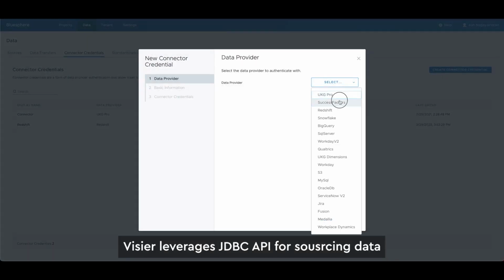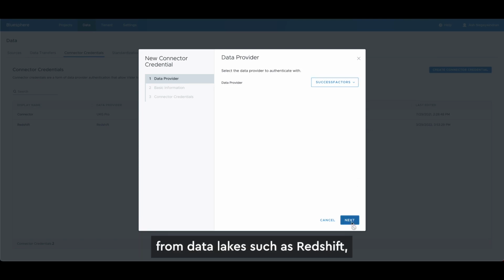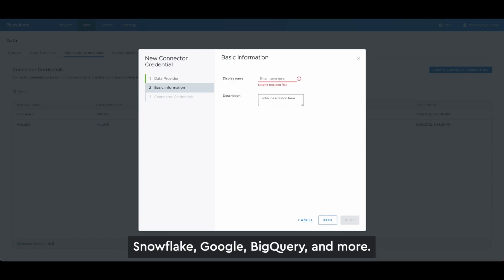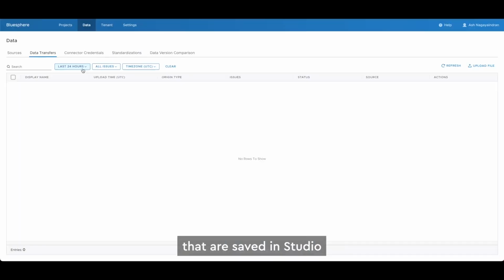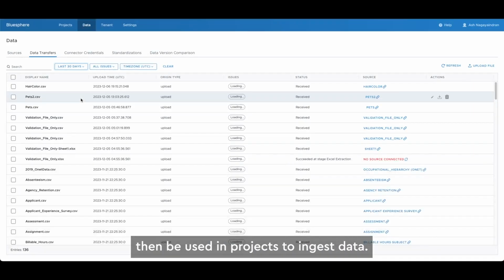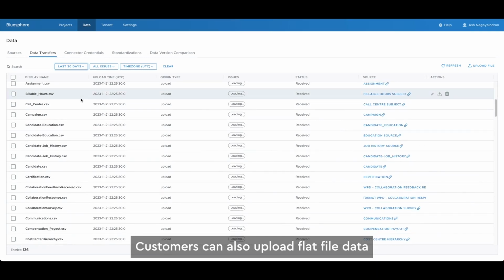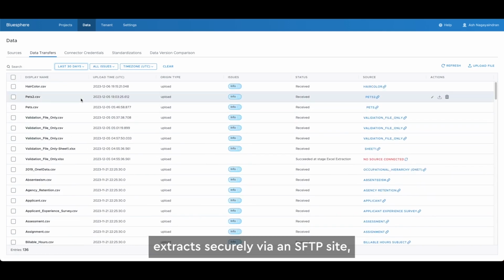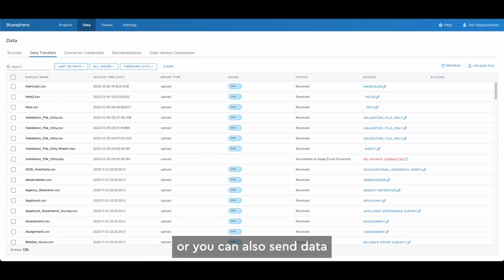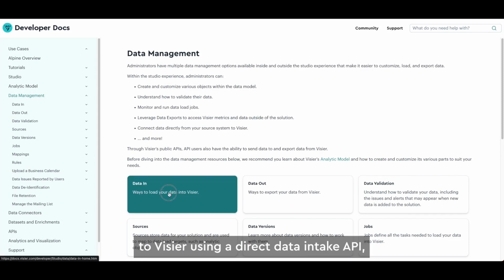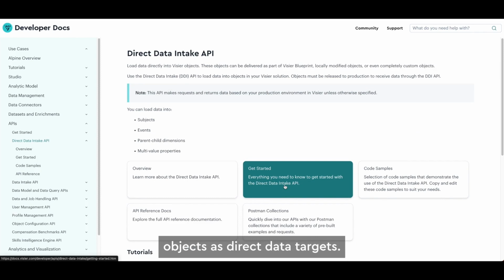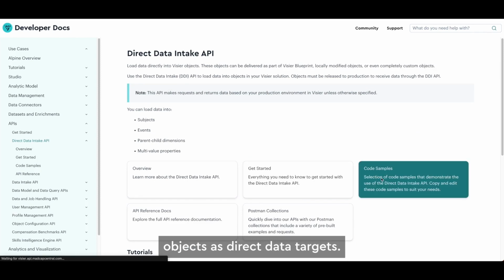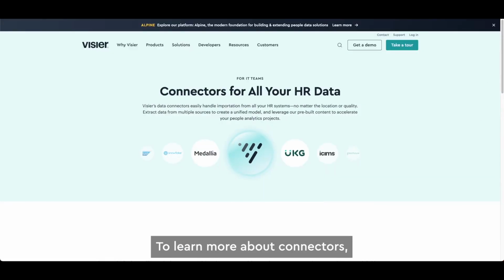Visier leverages JDBC APIs for sourcing data from data lakes such as Redshift, Snowflake, Google BigQuery, and more. Connected credentials that are saved in Studio, Visier's admin experience, can then be used in projects to ingest data. Customers can also upload flat file data extracts securely via an SFTP site, or you can also send data directly from your source systems to Visier using a direct data intake API, which treats your platform objects as direct data targets. To learn more about connectors, visit